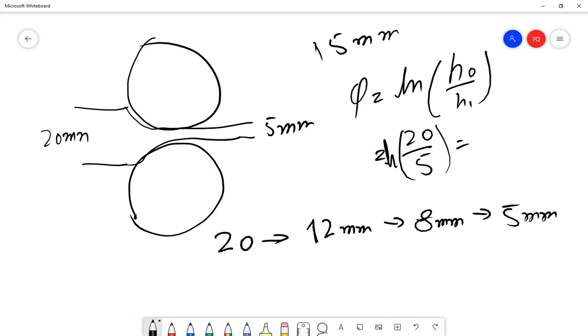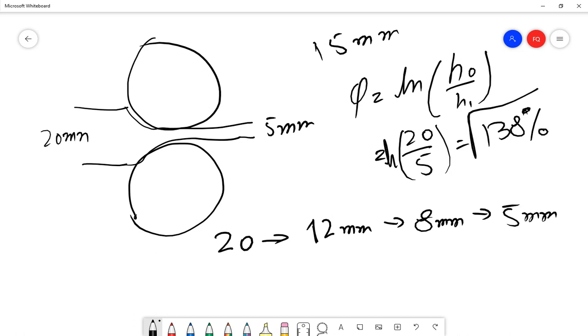So instead of going through a lot of deformation, for example in this case 20 divided by 5, log of it,